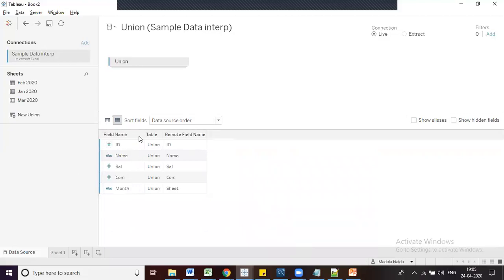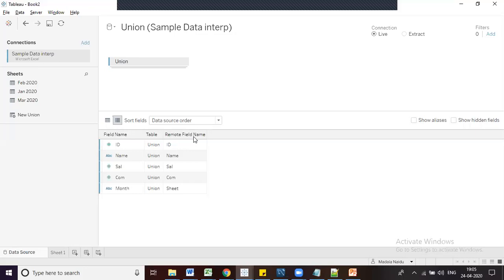Here we have three sections, three columns. Field name is nothing but a column name which we have. And table, here this is a union. And remote field name. What is the difference between field name and remote field name? Here it looks like both are the same, right? So what is the main difference?